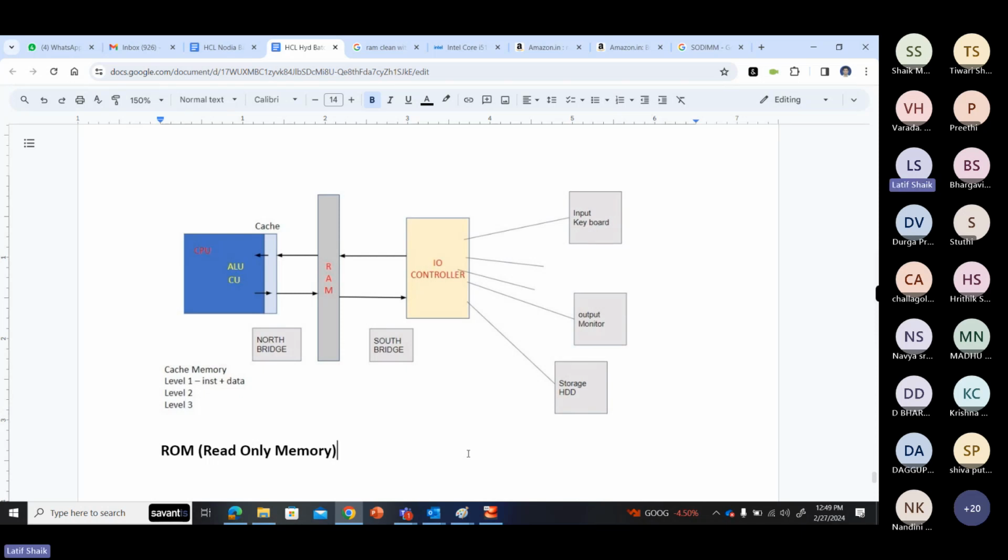So the I/O controller receives instructions and data and gives them to RAM. RAM processes that information. Okay, RAM doesn't process; RAM stores and gives it to cache memory. Cache memory gives it to the CPU. The CPU has an ALU, arithmetic and logical unit, which processes those instructions and data and gives the outcome to cache, cache to RAM, RAM to I/O controller, I/O controller to the respective